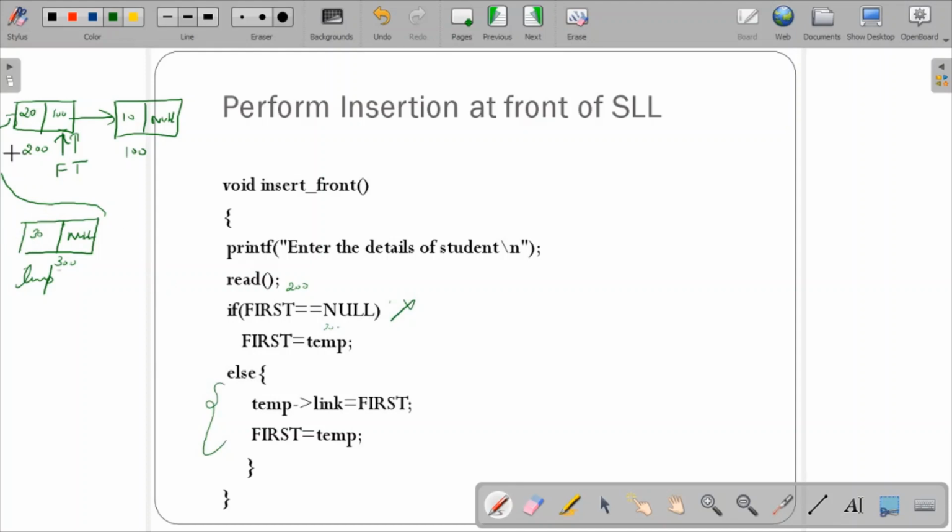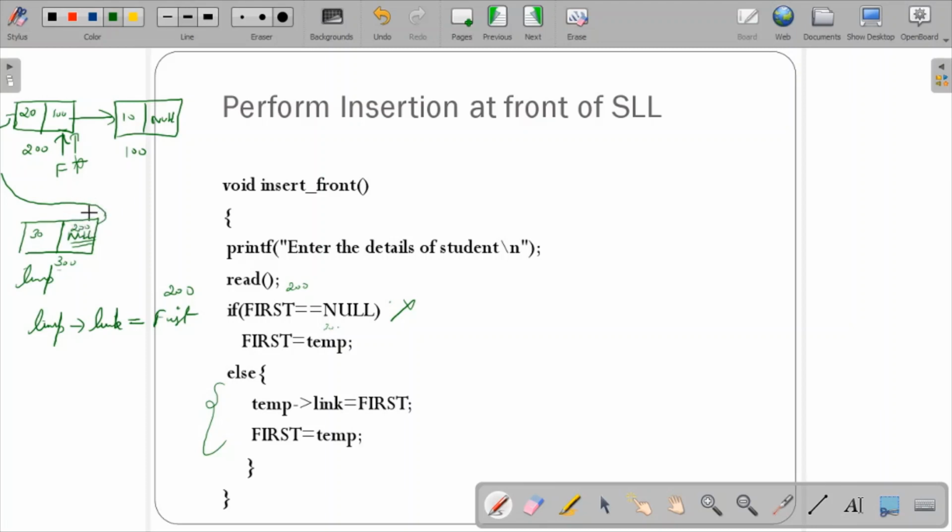If it is going to this particular section, you have to create a link between this and this, right? So temp link should be connected to this one. This was not temp in the previous iteration; while coming from the previous function, this was temp, but no longer. Once this has been read, this is no longer temp, so this will be temp. So temp link should be connected to this, which is nothing but first. So what is first? 200. So your updated value will be 200. So temp link will now be holding the value 200.